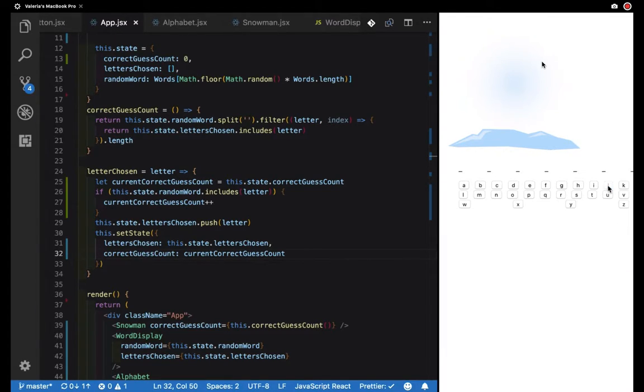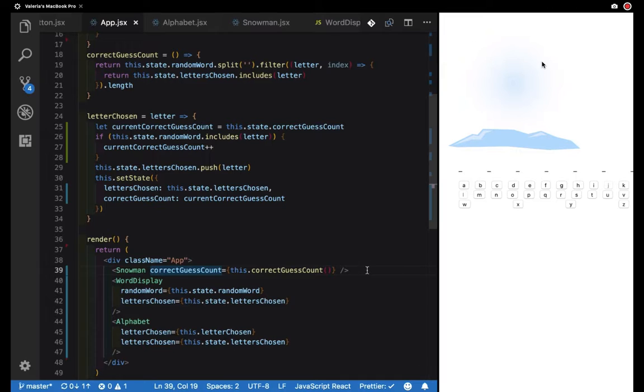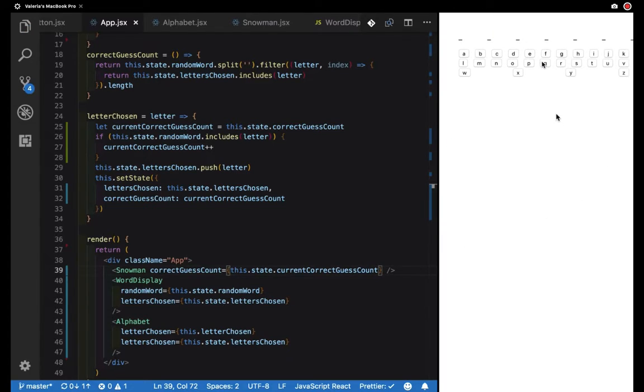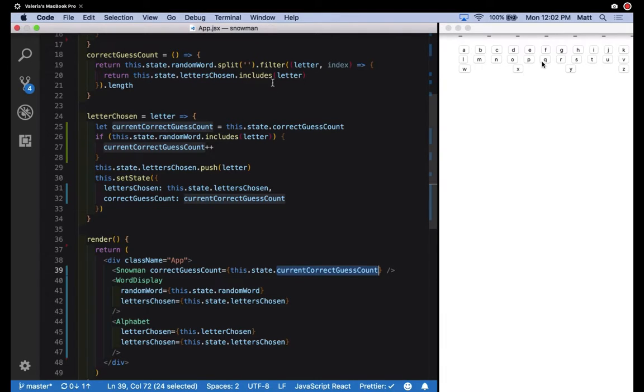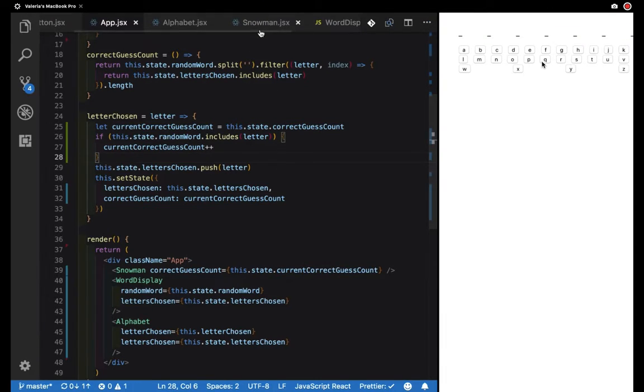So if you replace where we have the snowman image, scroll down to where we're passing the snowman, instead of this dot correct guess count, call a function, say this dot state dot current correct guess count. And then get rid of the rest of that. Yeah, and get rid of the parentheses. It's not a function. Right? So in words that have double letters, we can pass it this dot state dot current, which should be a 0, right? Correct guess count is